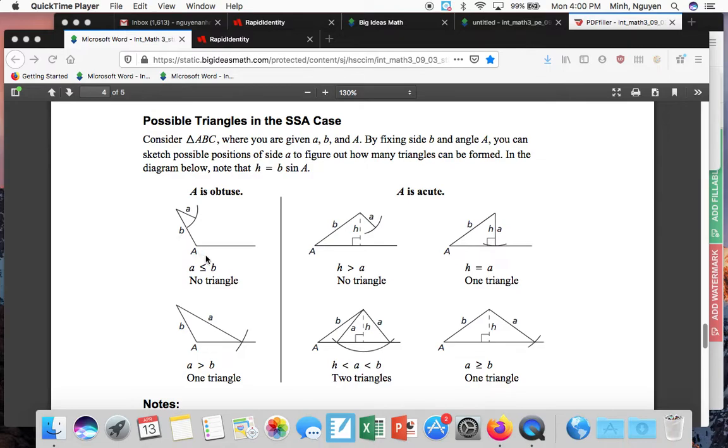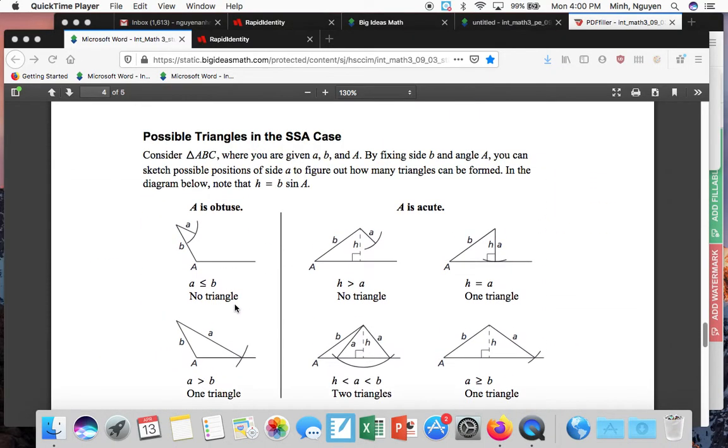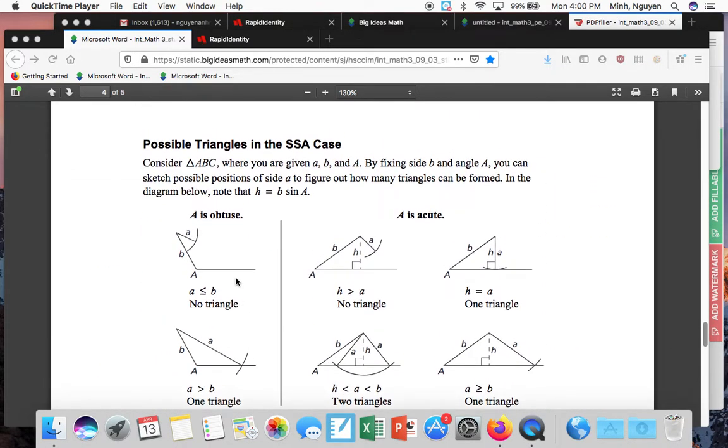Guys, this is the second part of section 9.3. It's page 265 of the student journal: possible triangles in the SSA case. I wanted to make this separate because it includes drawing, which I know some of you